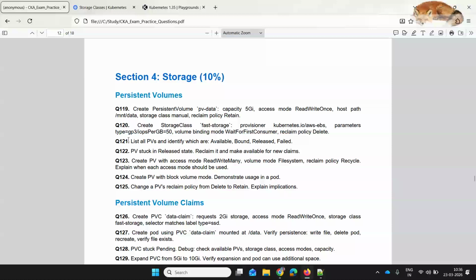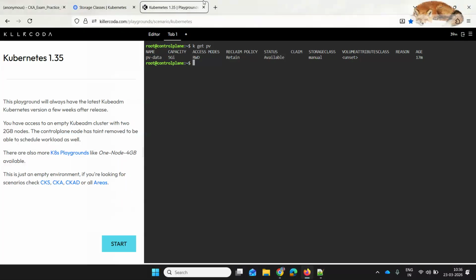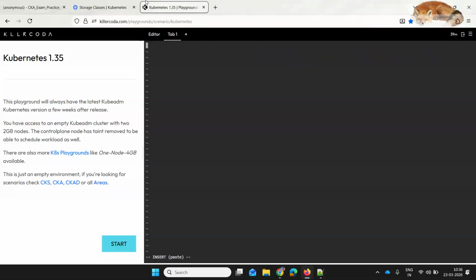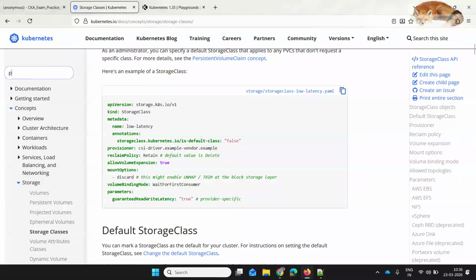Now let us pause here at 121 and just look into 122 question. PV stuck in release status, and reclaim it and make it available for new claims. So for that, what I'll do, I already have PV, right? In the previous section we have created. Now I'll just create a PVC for this, so that a PVC should match a PV. So for that, what I'll do is PVC or my PVC dot YAML, and now I'll search for a PVC